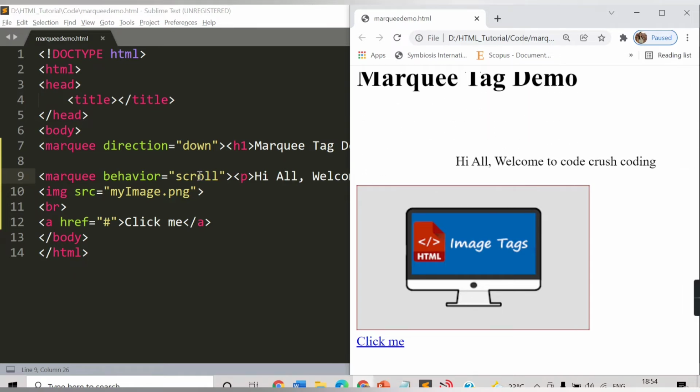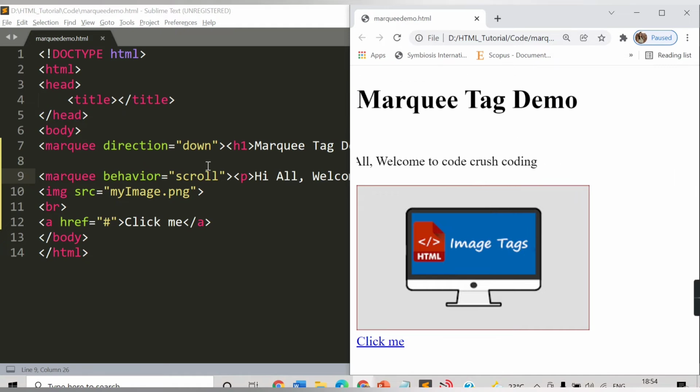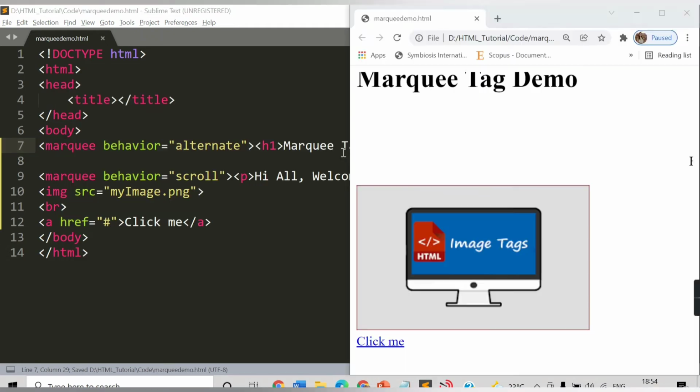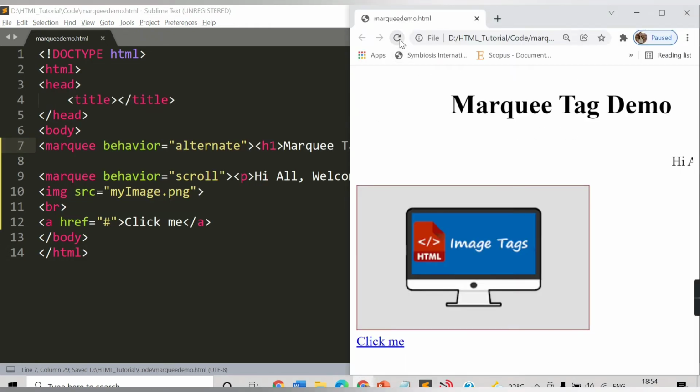Now let me show here, if we have behavior, let's say behavior here is now alternate. So now you can see the difference between both of these. Let me refresh.